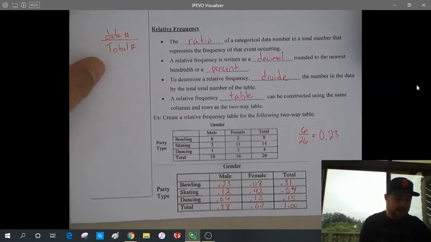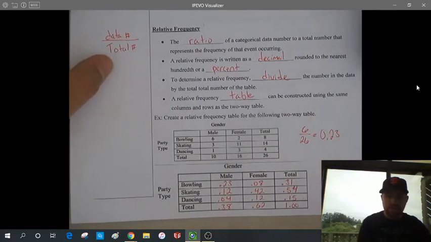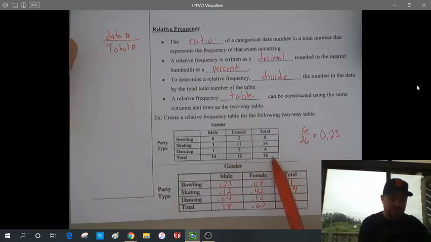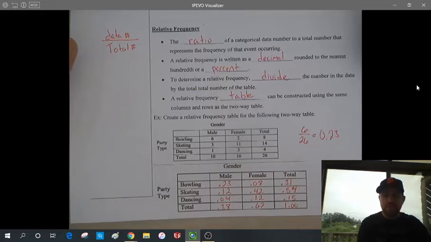So that's taking a two-way table, turning it into what's called a relative frequency table. Now, how we interpret a relative frequency table, or what these numbers mean, is that if you wanted to apply this to another number of individuals, so let's say this was 26 individuals that were surveyed, but you wanted to know for the entire school, which had 350 students in it. Well, we could assume then that